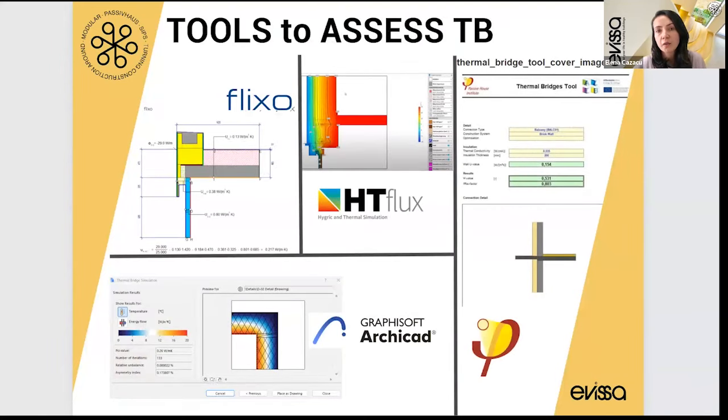And I suppose to accurately assess a thermal bridge, we in the practice don't actually calculate thermal bridges manually. We use the Passivhaus Planning Package, and we've got a program, HT Flux, that Teresa has recently looked into working with. It's worth mentioning that Graphisoft, if there are any ArchiCAD users in the room, has a very basic tool for assessing thermal bridging. So it's worth having a test to see how the building fabric behaves. If you cut a detail into the building fabric, you'll be able to model a quick thermal bridge in ArchiCAD. They're not as sophisticated as Flixo, HT Flux, or other similar programs,